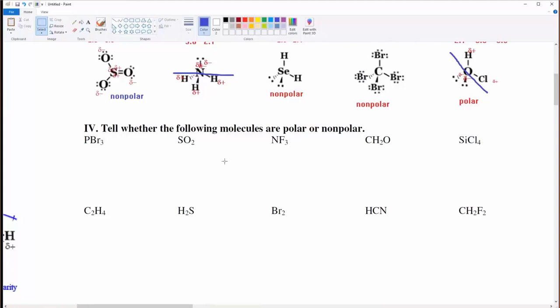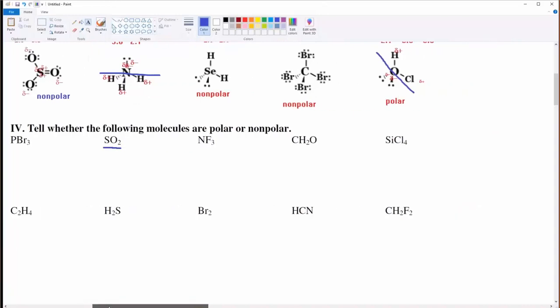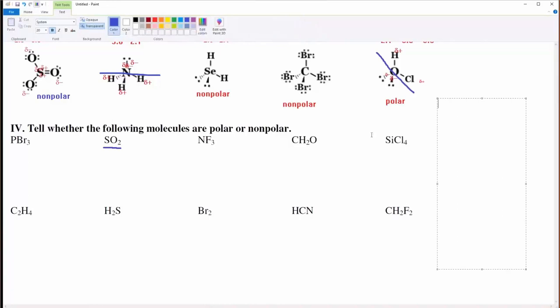So I'm just going to toss you in and have you say, let's look at SO2. Help me get there from start to finish. What's the first thing I need to do? Okay, so step one, I need to do